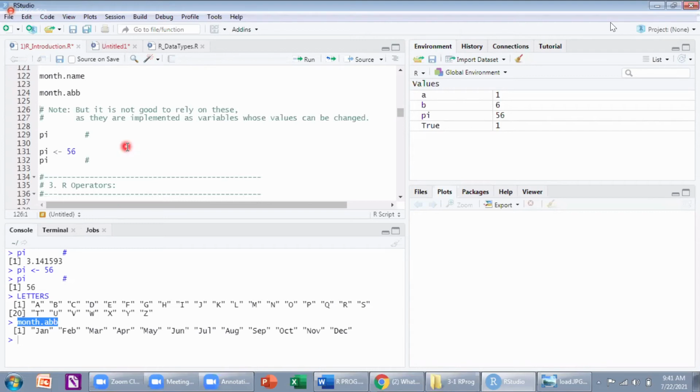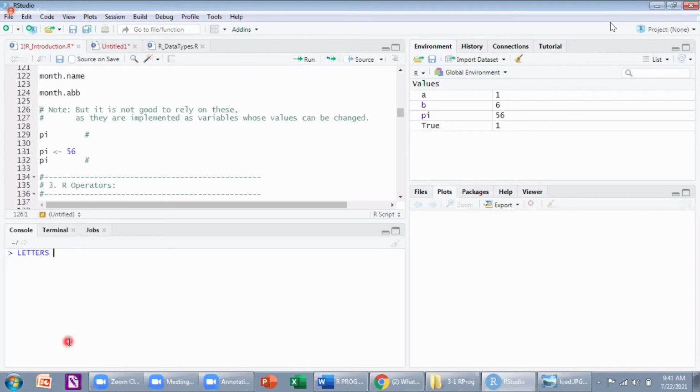Sir, if we assign a value to letters, it will give the value as a. Oh yeah, we'll do it. I'm doing that. Is this your doubt? Do you want to give me a character value or a numeric value? See, that's what I'm talking about.